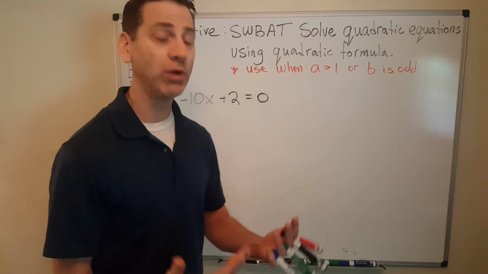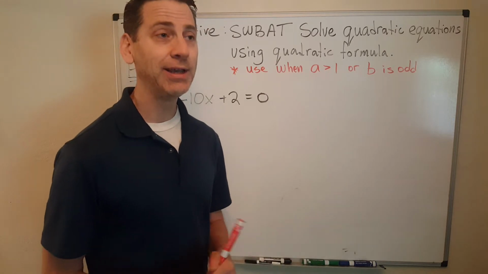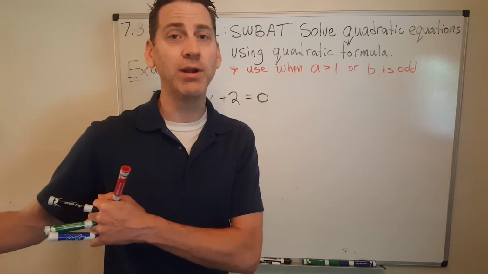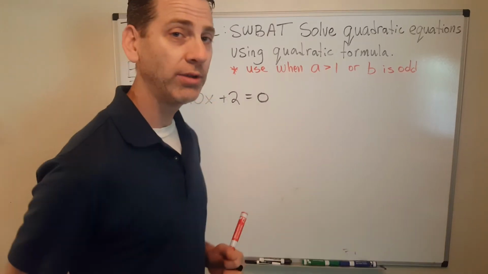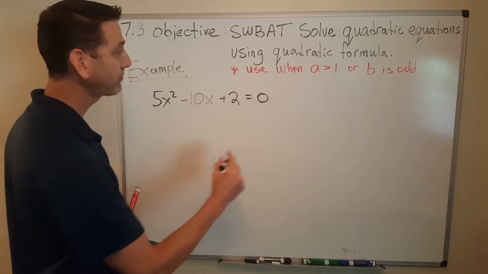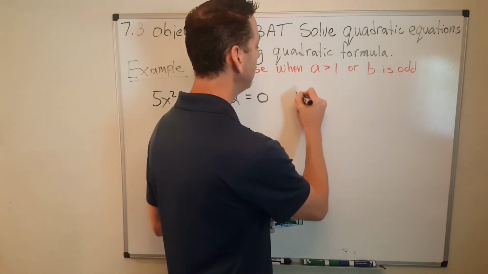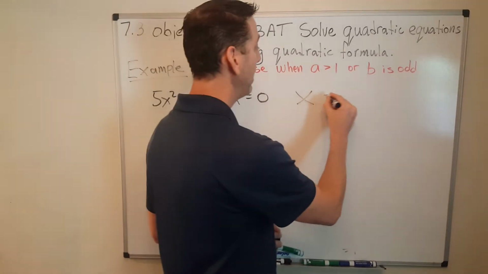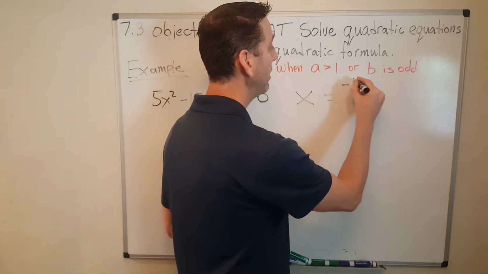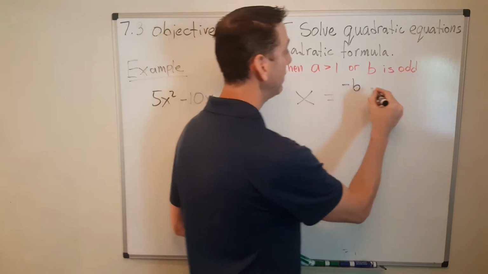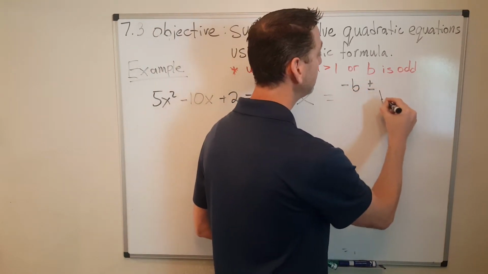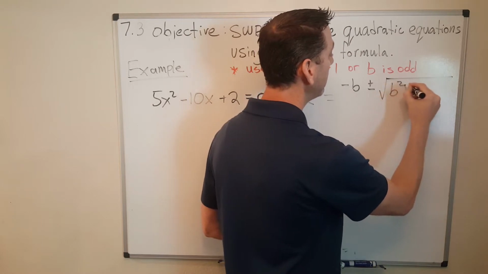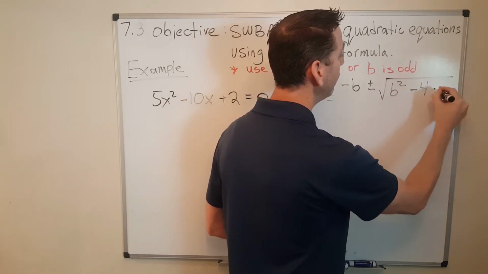First, we need to know what the quadratic formula is. And really the quadratic formula is just derived from completing the square. So here's the quadratic formula in all of its glory. It is x, because we're solving for x. x equals the opposite of b plus or minus the square root of b squared minus 4ac